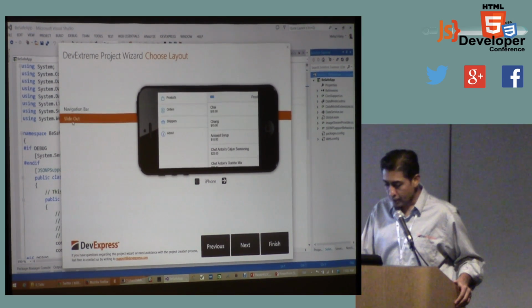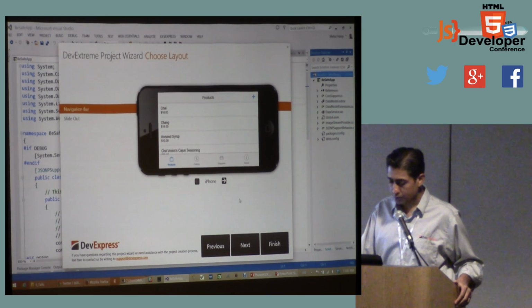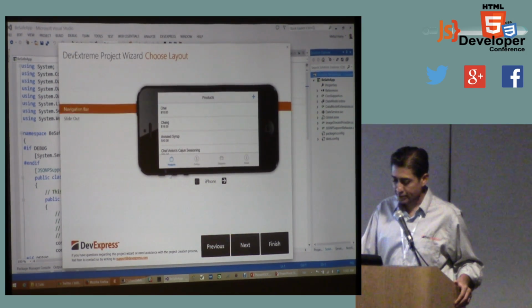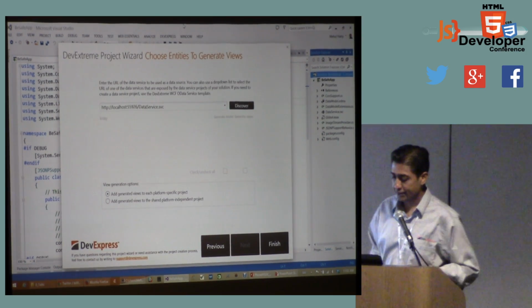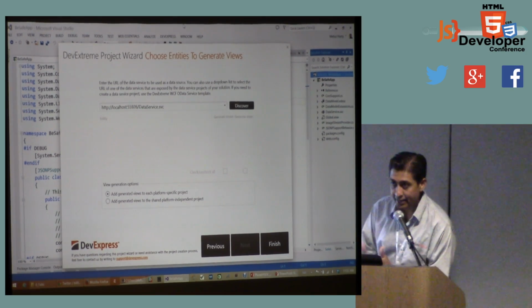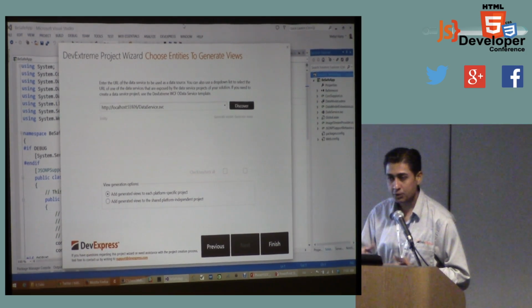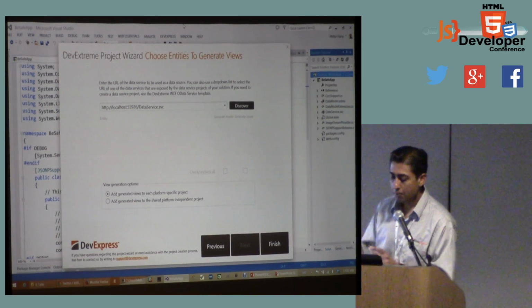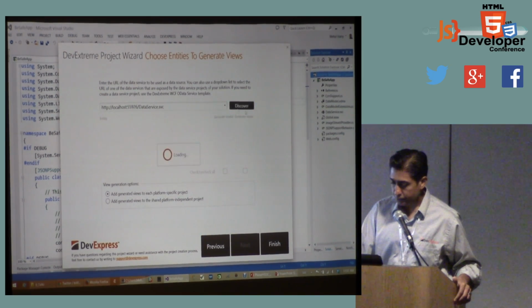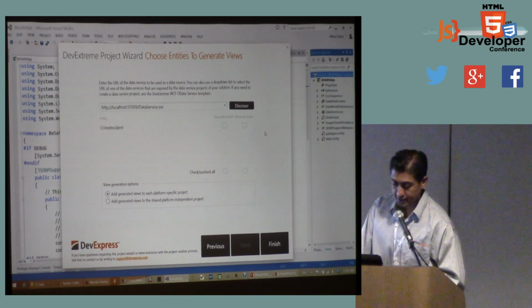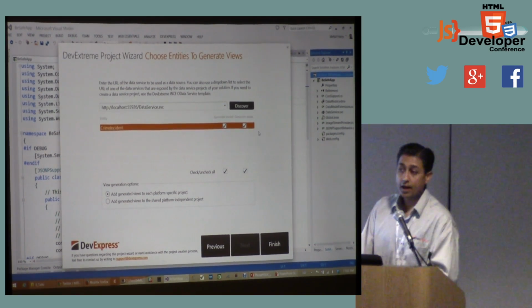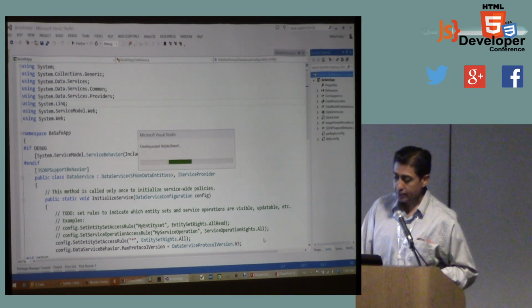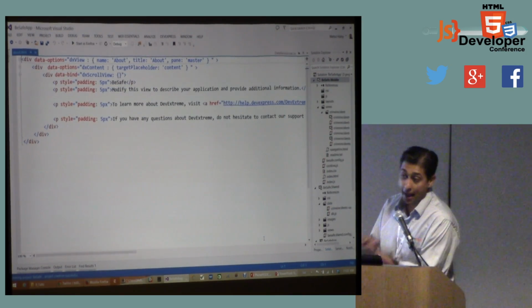So navigation bar or slide out is a couple options that you have, and these are just previews, right? So far, this is just a, hey, how do you want to create this? Oh, I'll stick with the navigation bar. Now, this is my favorite part of it, I think, right? So here, I can put in any web-based data service. If you got something you've created with Ruby on Rails and exposed out there, pop it in here, right? So what happens is we can go investigate this, and it says, hey, listen, I found an entity in there. Do you want me to generate a model for it and some views for it as well? I'll say yes. And then when I hit finish, this is going to create for me an app.